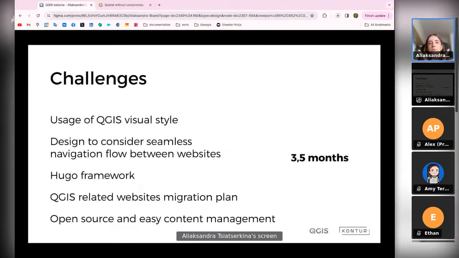So we've started to work on the project and what challenges we faced so far. One of the main points that should be presented in the project is the usage of QGIS visual style. Also, one of them was to design not only the website, but also components and visual style in general, to